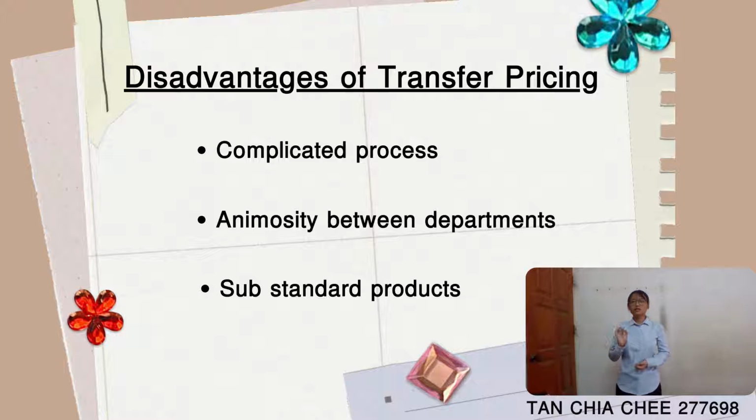The third disadvantage is substandard product. If a company follows a transfer price strategy, it will force the department to buy product from within the company. Even if the quality of this product is low, they buy, making the product of other department inefficient. In simple words, the transfer price forces departments to buy product from other departments in the company even if there are better product alternatives on the market.